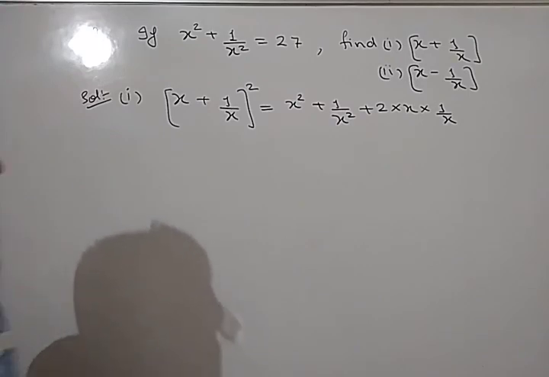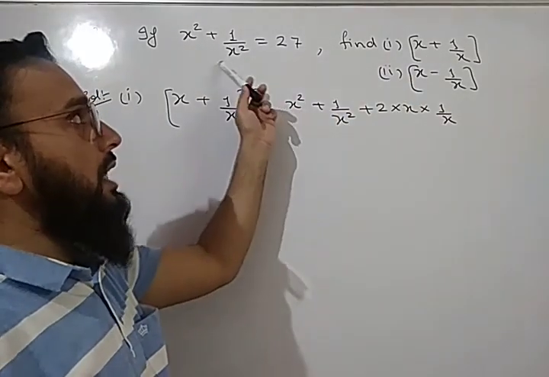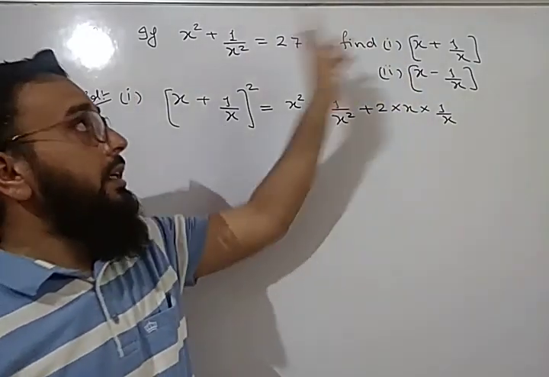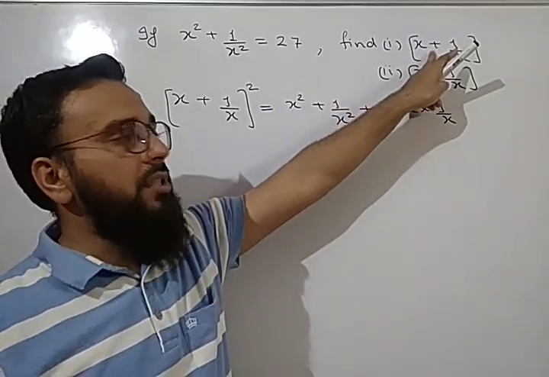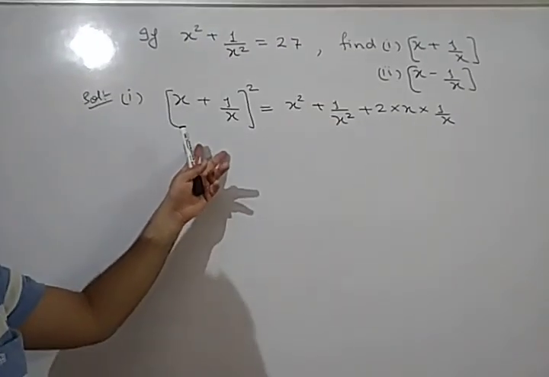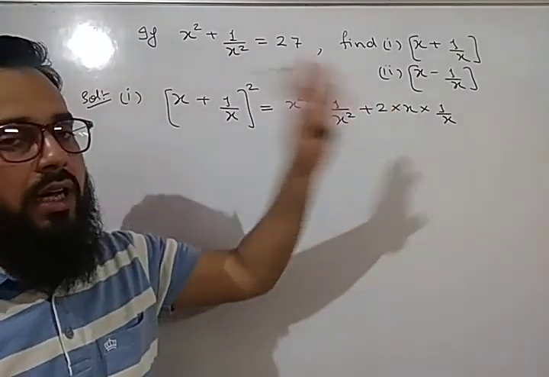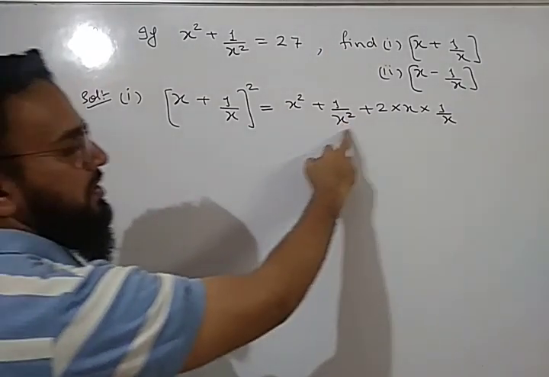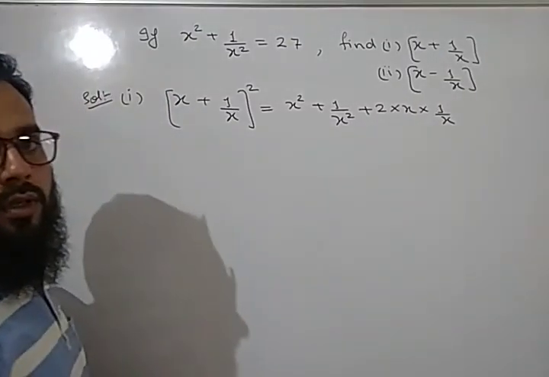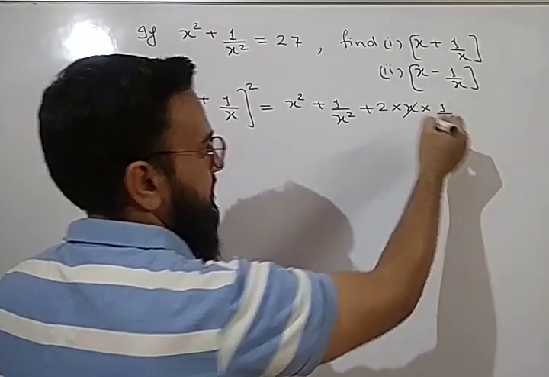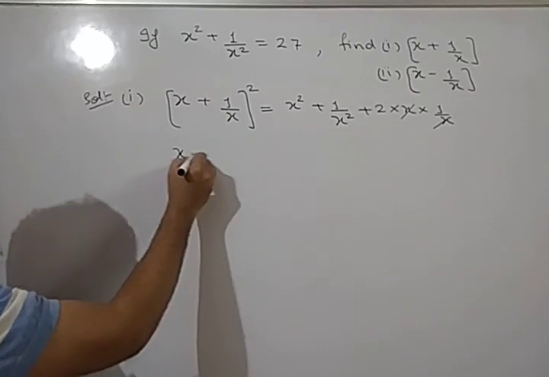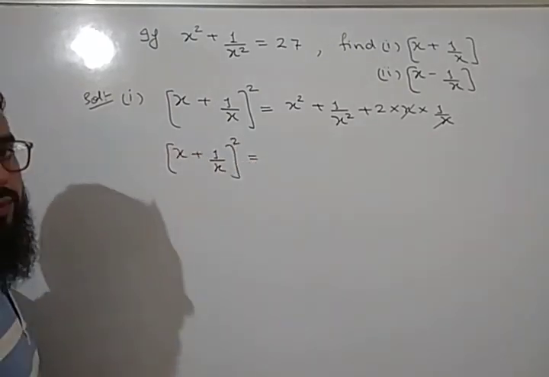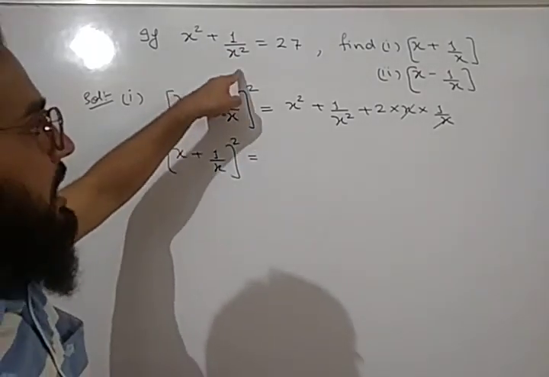Okay, in the previous question it was given and it was asked, then also we took the whole square of the term, and in this question also the square is given and this term is asked, then also we will take the whole square of this term and open it by the a plus b whole square identity. So we have opened it by the identity of a plus b whole square. It is a square plus b square plus 2ab. Clear? So now this again x and x will be cancelled out. So we will get x plus 1 upon x whole square is equal to x square plus 1 upon x square.